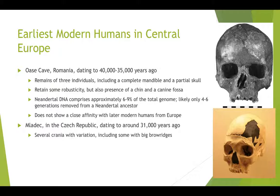It doesn't show any close affinity with later modern humans from Europe, so there presumably would have been some kinds of bottleneck events that happened later in time that may correspond to, for example, some of the ice ages, the glacial periods and the warmer interglacial periods. So, very exciting evidence that we don't put them too far from the point in time where we had an